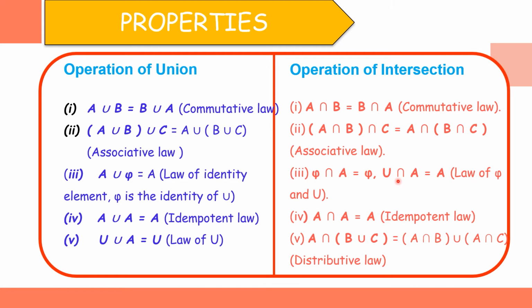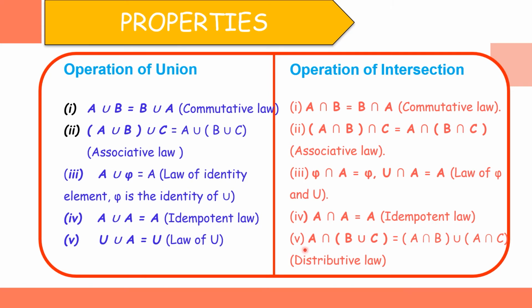Similarly, the universal set intersection A will give you only A as the common element. Whereas in union, you see U will come, because we are uniting, so all elements will come in that result. But here we are only finding the common element. So we will end up with only the set A. That will be the common element. That will be there in U also, right? So the common element of U and A is A. So that is the law of universe. Okay, phi and universal set. Idempotent again: if you find the common element between the same set, A and A only will be the result. Okay, this is the idempotent law.